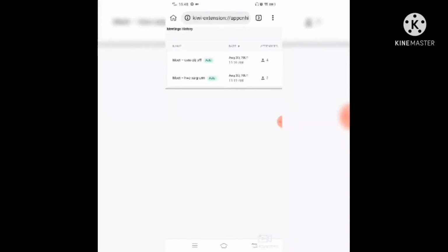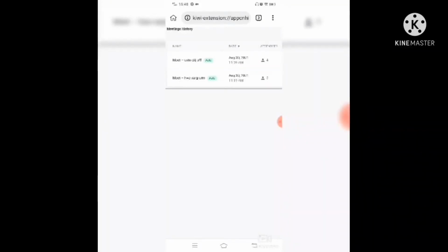Otherwise, it will be saved in the history window. So, in future, you can go to it and see the history and you can see how many participants have been present there and their records.